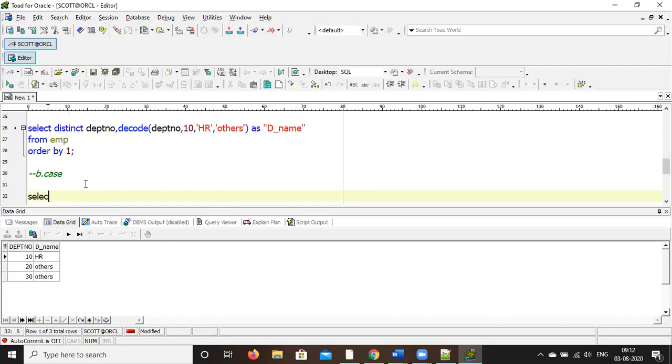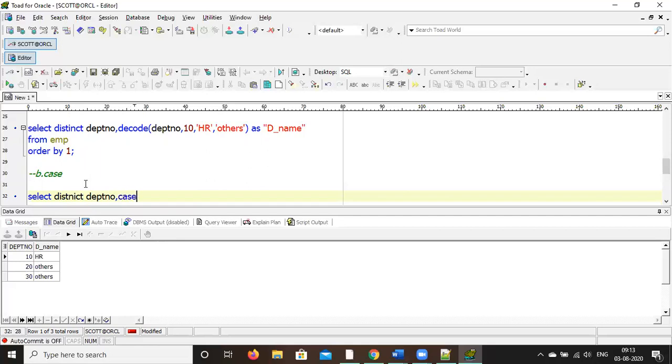Select distinct department number, comma, CASE. Case statement.